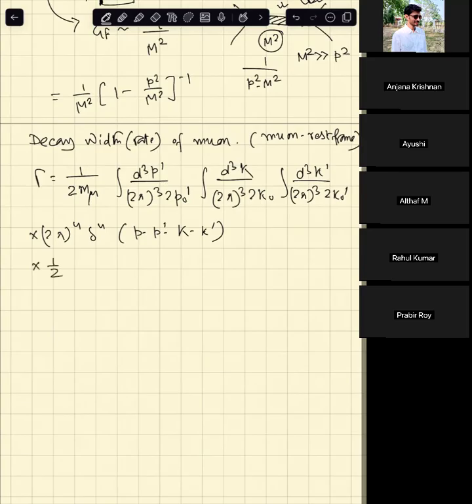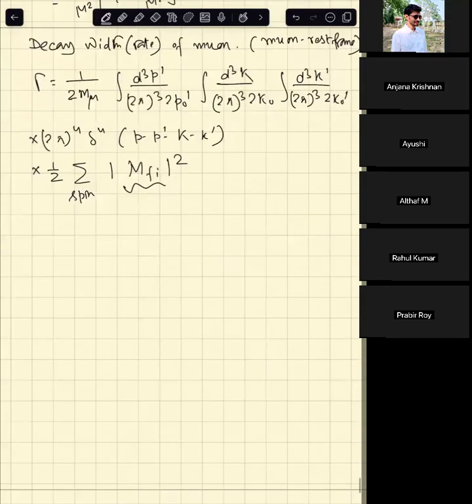And then we have a spin average and the spin sum over this amplitude square. Okay, so this is the mod M square. So first we need to see how we can calculate the amplitude. Now this is a 3-body, so immediately we can write down the amplitude as the coupling, and then the